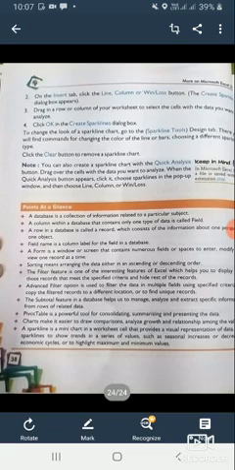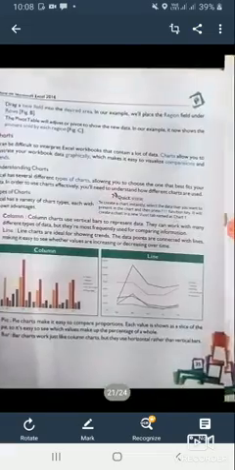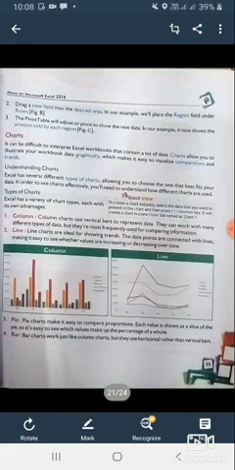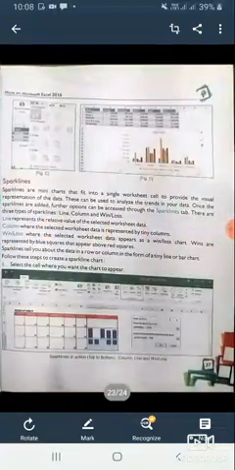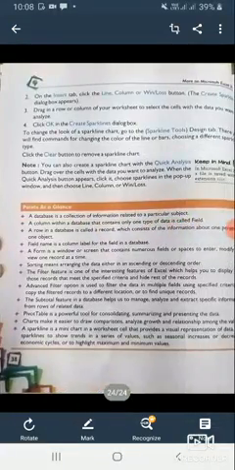Thank you. If you have any problem with any page in this book, you can click a snapshot of the page and ask me personally. Okay, not in the group, only personally. I will give you the best explanation of that. But there is a big chapter, we will cover it when the school reopens, and also the practical subject. So if there is any problem, WhatsApp me, I will explain it to you.